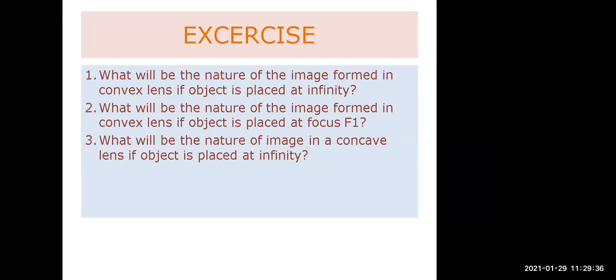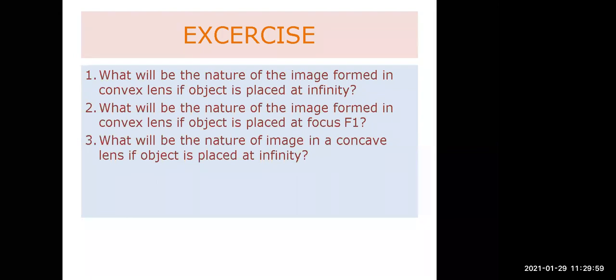Okay. So if the object is placed at an infinite distance in a concave lens, then what will we get? We will get that the position of the image will be between the optical center and focus, and the size of the image will be small, and it will be virtual and erect. So here,